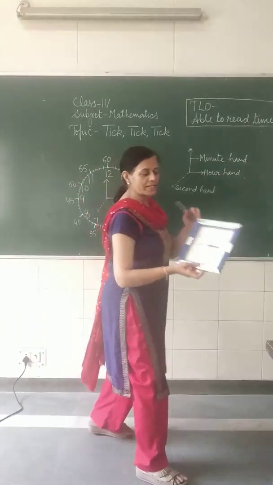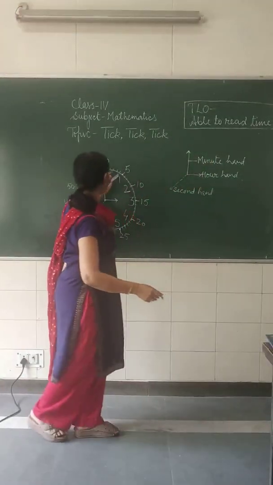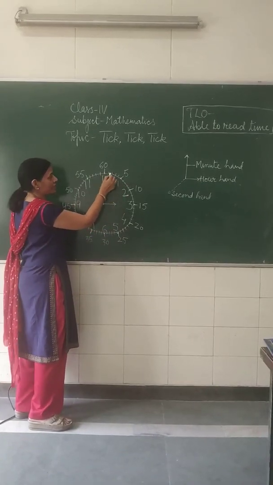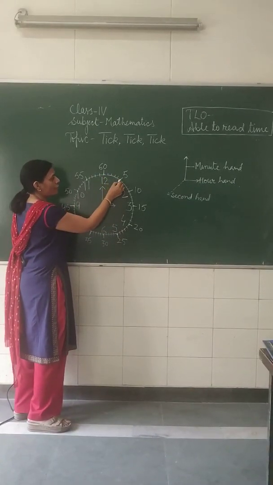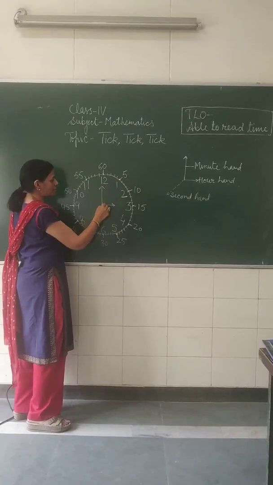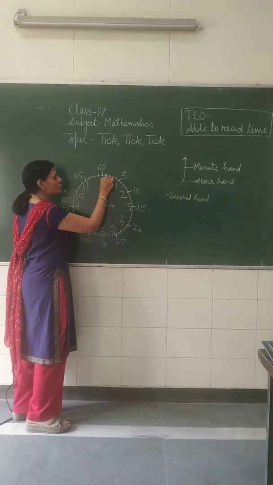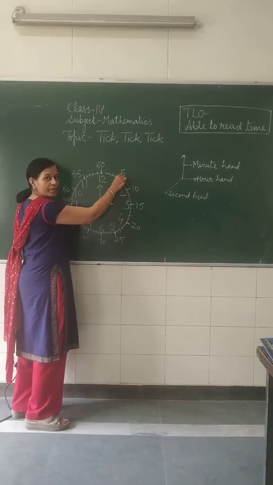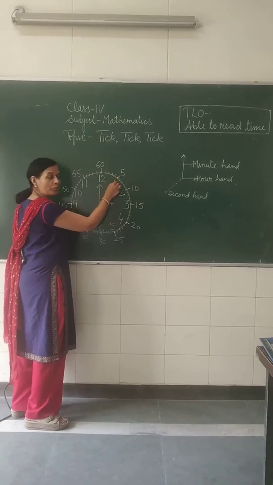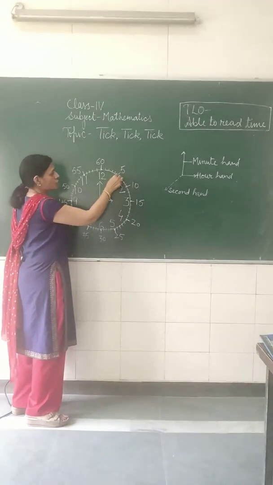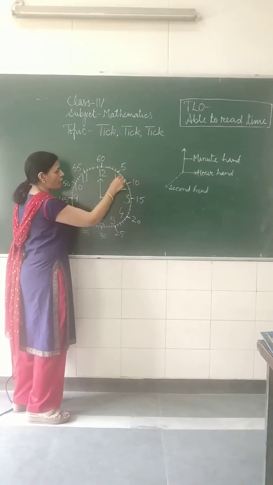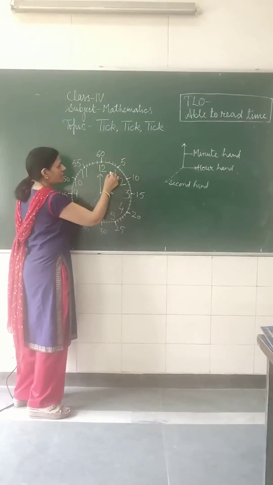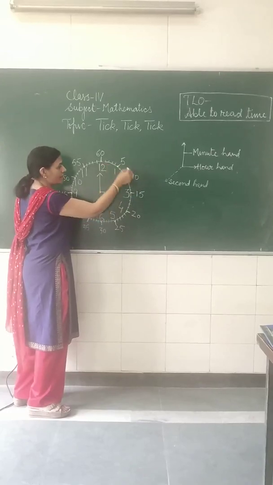Now division of number is the distance between two numbers. 12 और 1 के बीच में जो बेटा distance है, that is 5 units है. 1, 2, 3, 4, 5. So by the time the big hand is crossing 12 to 1, it's already 5 minutes. It takes 5 minutes to move from one to another number. So if the big hand is moving from 1 to 2, another 5 minutes will be over. So means 10 minutes हो जाएंगे 12 से अब तक.